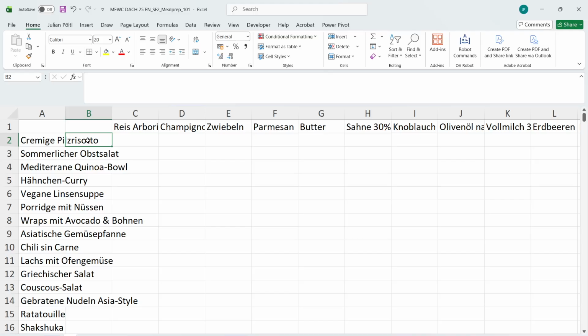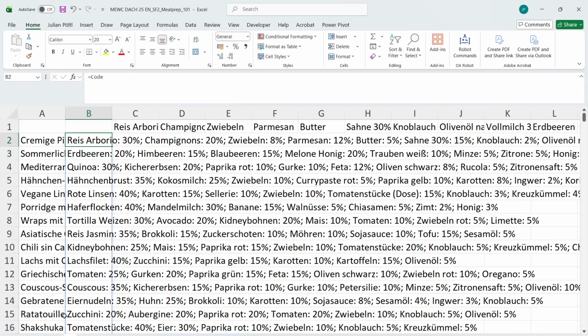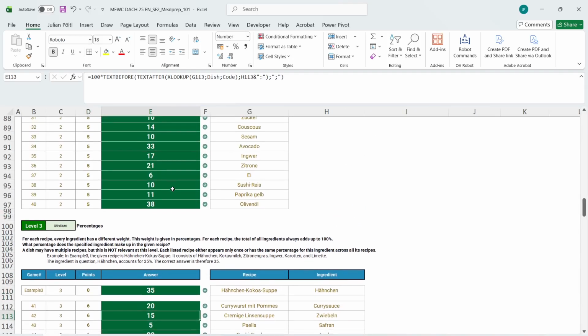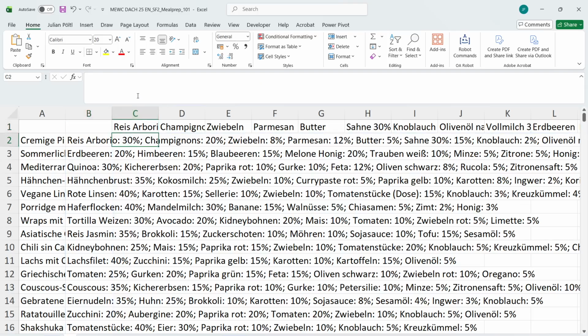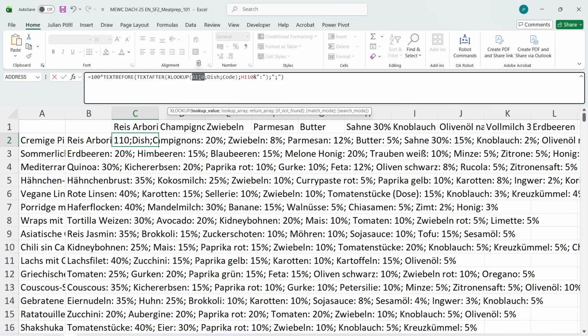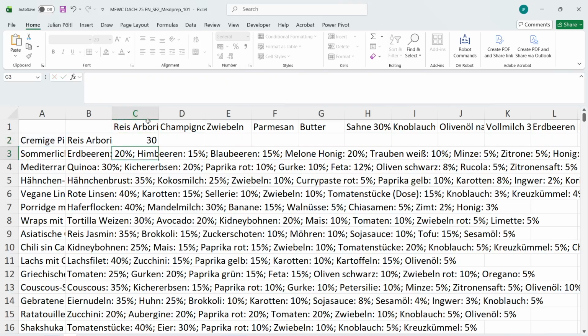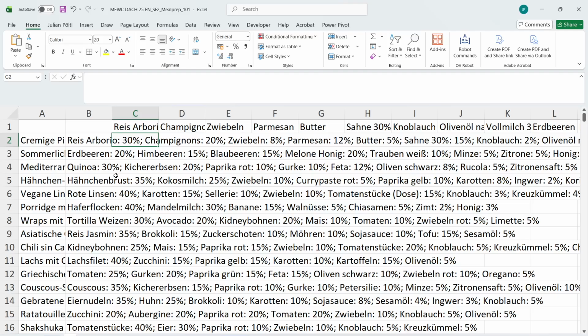And now I want to have the percentages. Okay, this is super inefficient, this solution. Oh no, this is not working because we're not always having this dish in there. In this case we have it, but